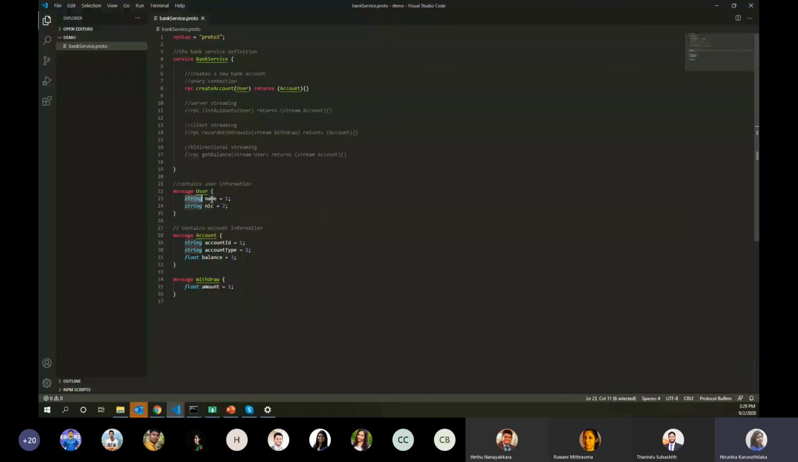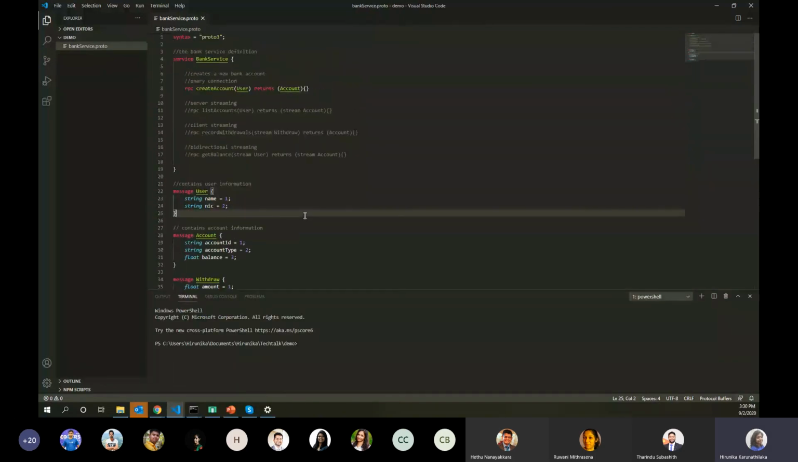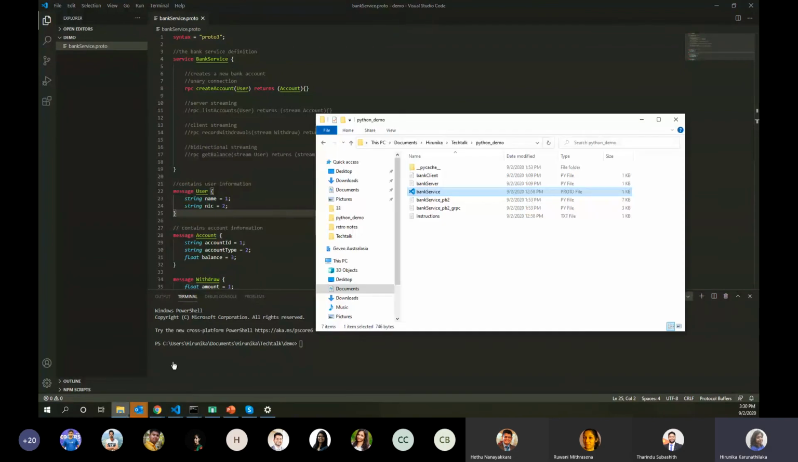So we have the name field, which is of a string data type, and its identifier. Likewise, you can define as you want in the bank service. So the next step is we have to generate the client and server stubs from this proto file. So what I'm going to do is